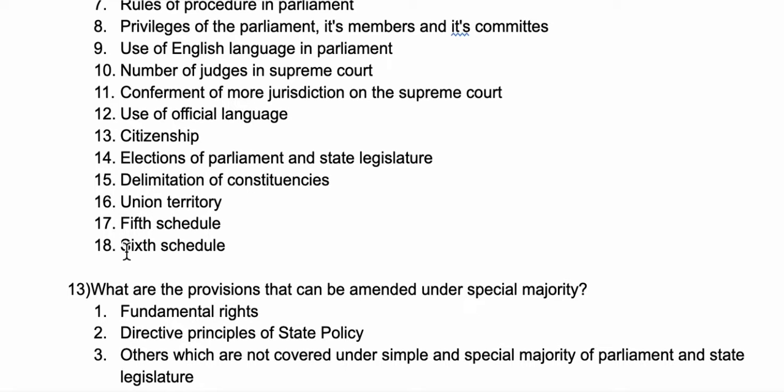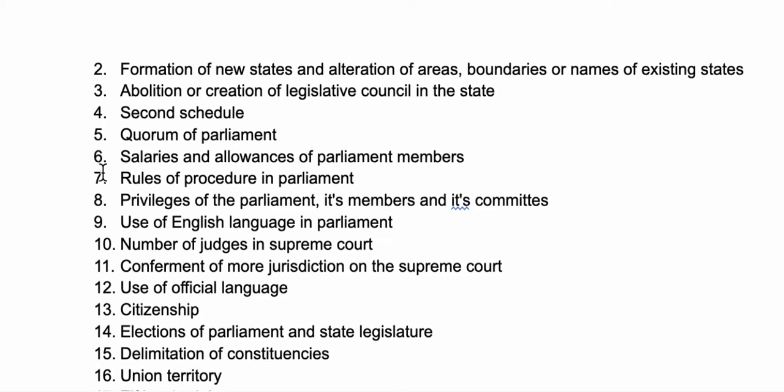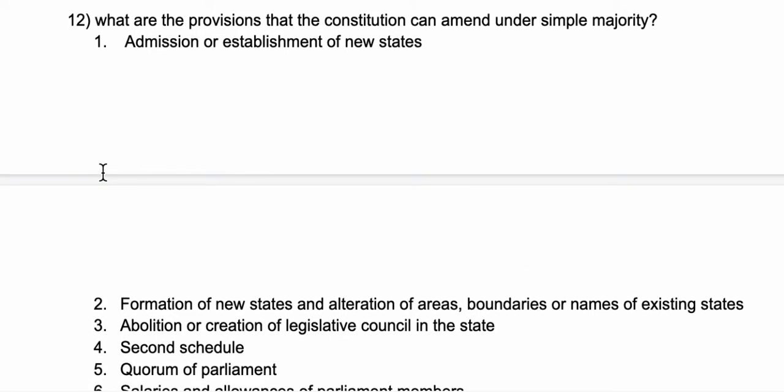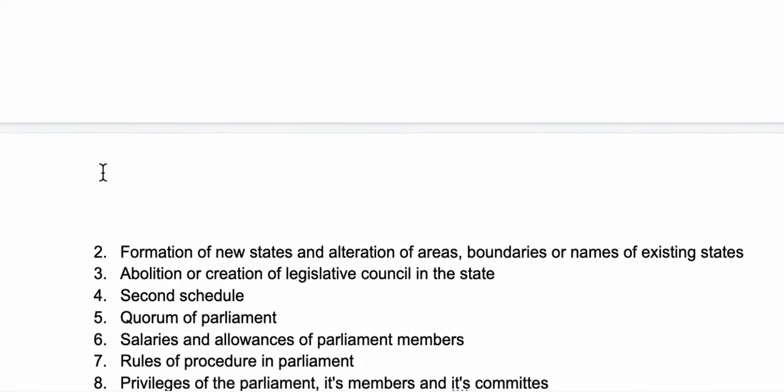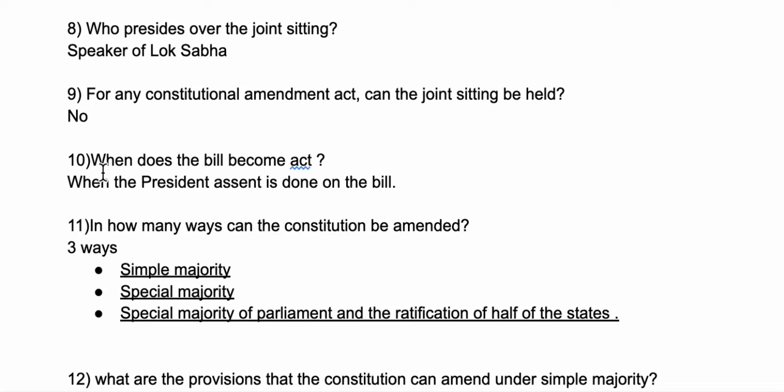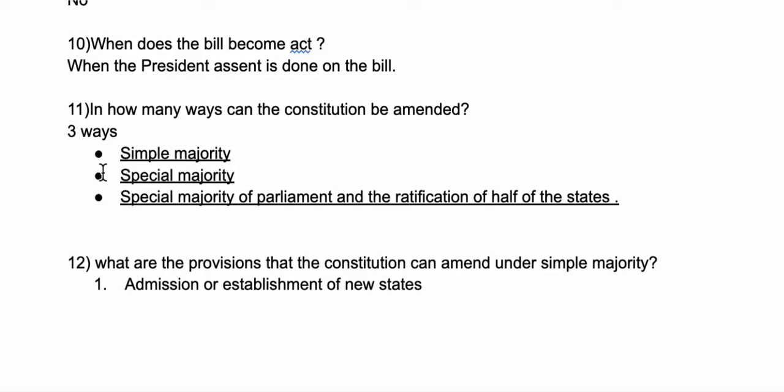12th is use of official language. 13th is citizenship. 14th, elections of parliament and state legislature. 15th, delimitation of constituencies. 16th, union territories. 17th, 5th schedule, and 18th, 6th schedule. So all these 18 aspects are amended by simple majority. Remember, now what is a simple majority? Simple majority is more than 50%. Okay, so